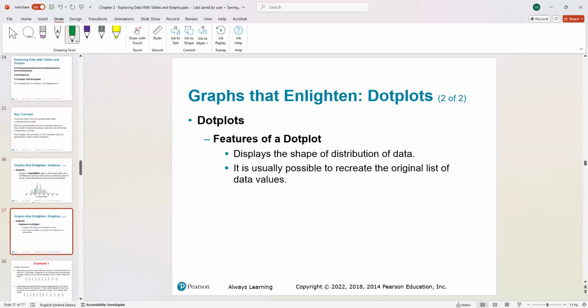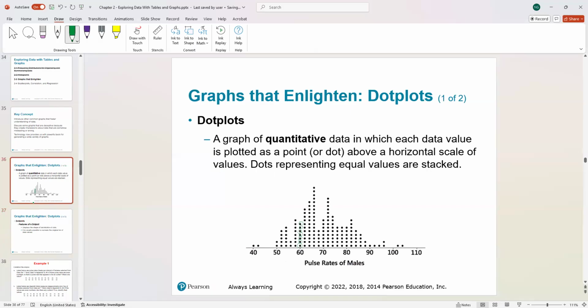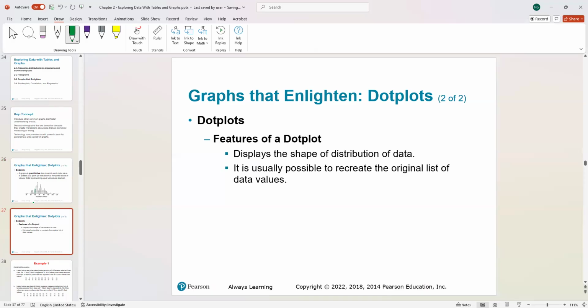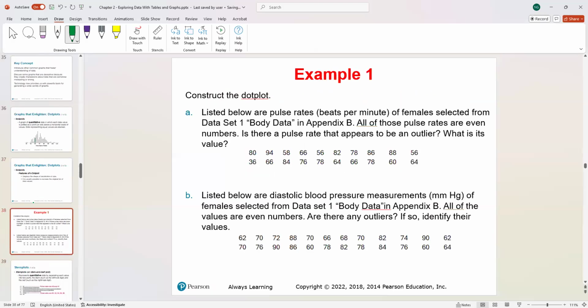Features of a dot plot: it displays the shape of the distribution of the data, and it is also usually possible to recreate the original list of data values. When you look at these dot plots, there are a lot of dots above a horizontal scale, so from these data we can reproduce a regular table with all of them. Let's see very quickly in an example how to construct